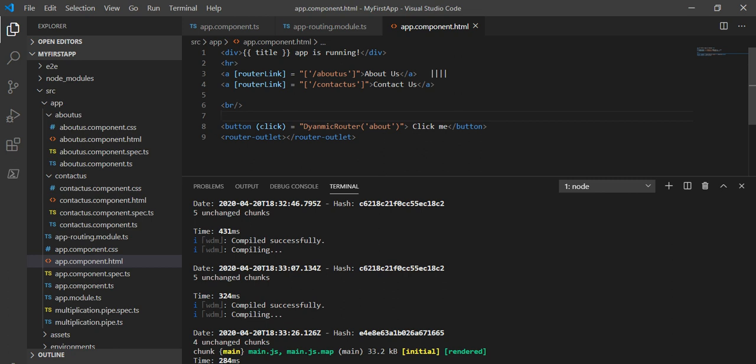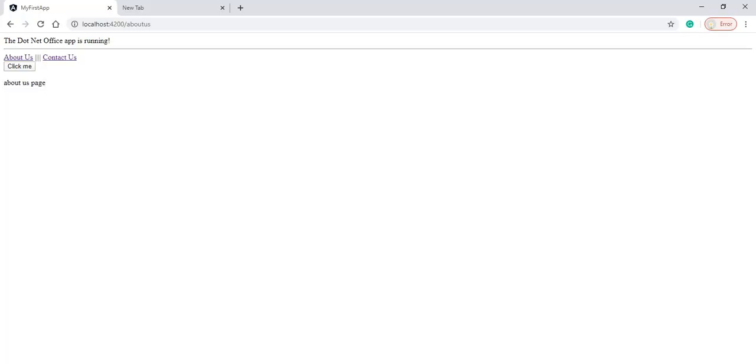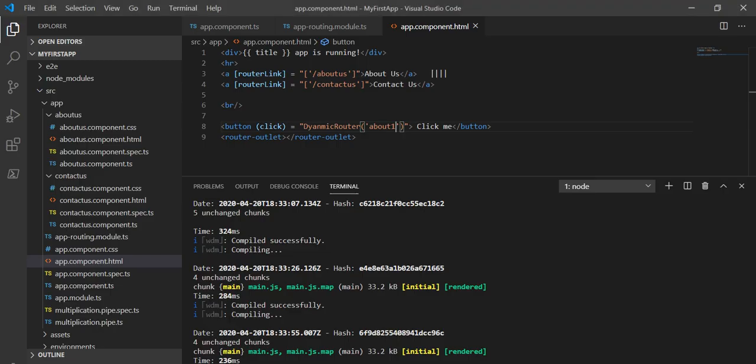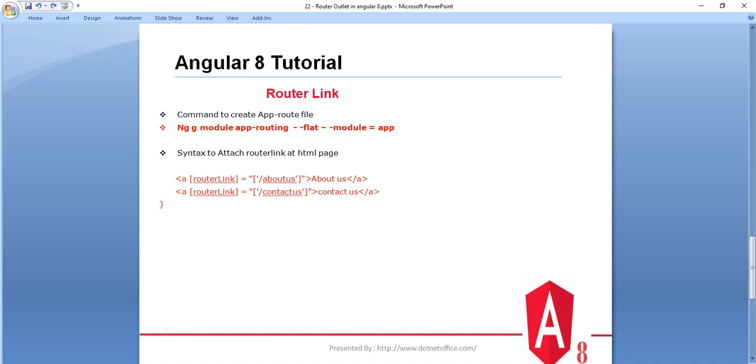Now if you want, we can change it, like instead of about I'm passing about one. Then in this case it should load the contact us page. Let's click on this and we can see it's calling contact us. So this is the way of using router outlet and router link. These two are used to navigate from one component to the other, like on a button click or some DOM element. If we want to show a particular component, then we use router outlet and router link. So basically that is all about this.